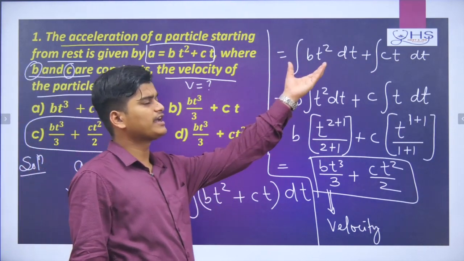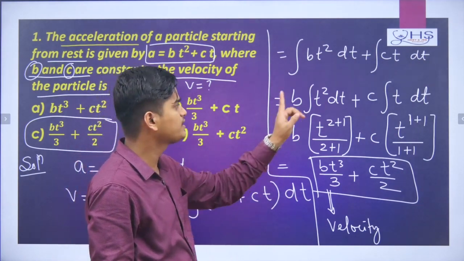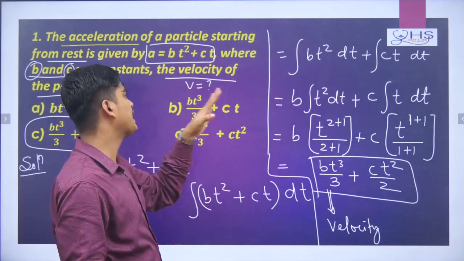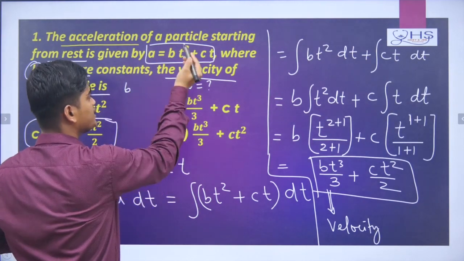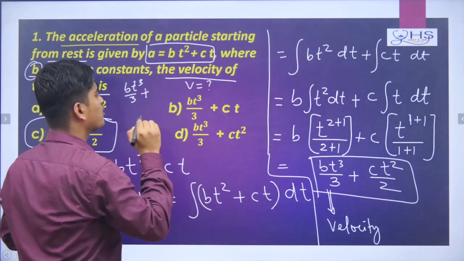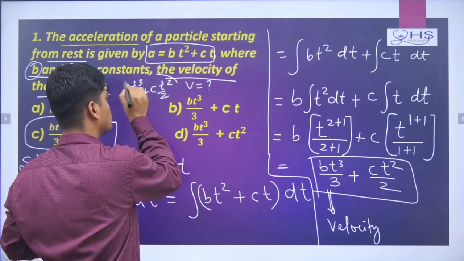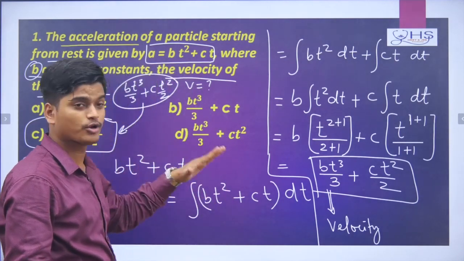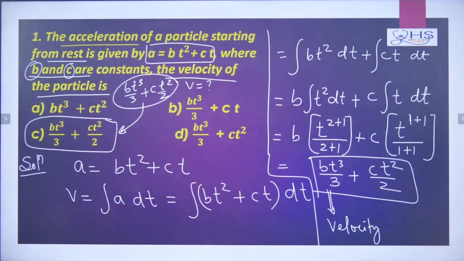Okay, this integration I am calculating. As a positive sign is there, that's why I am separating the integration, like the u plus v formula. So constant taking out, then after I am calculating. But without this also, these steps I can directly calculate. If I see the expression directly, I will tell b will come out, t square integration is nothing but t cube by 3, plus c will come out because c is constant, and t integration is nothing but t square by 2. So this answer also I can get directly. Okay, so direct steps I can do. Once you understand all the formulas correctly, whatever I wrote in previous slides, then easily, directly, with minimum time you can solve. Okay, now come to the next question.